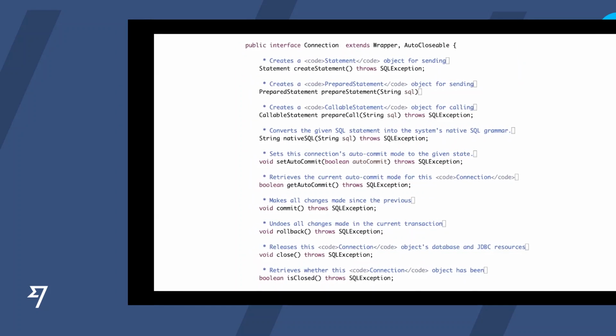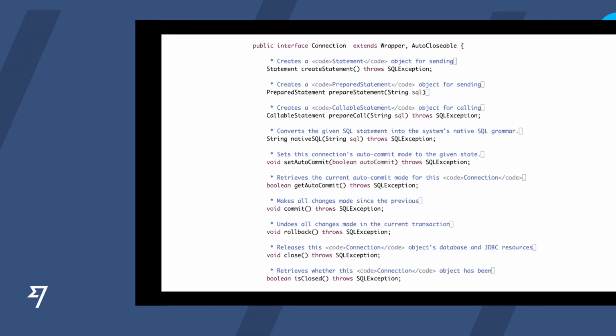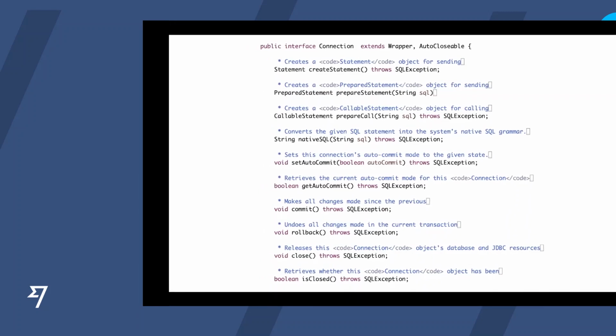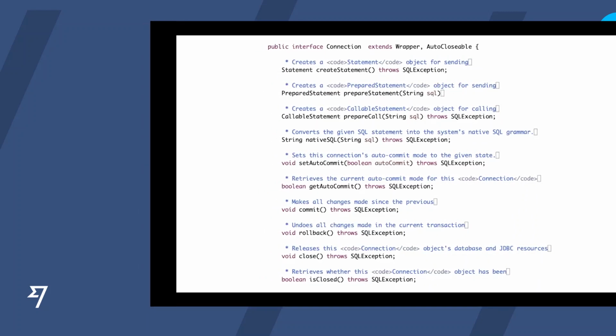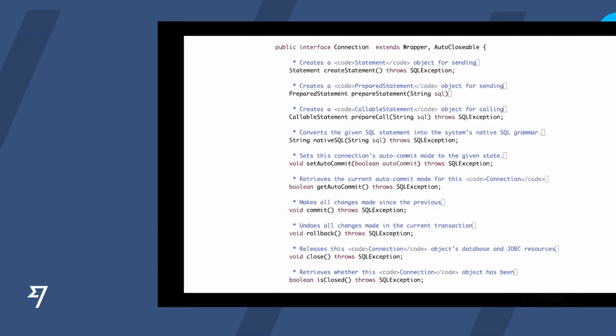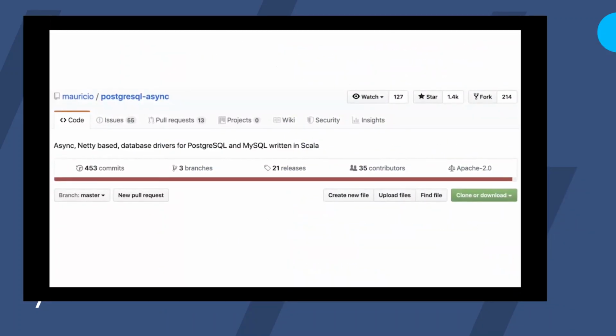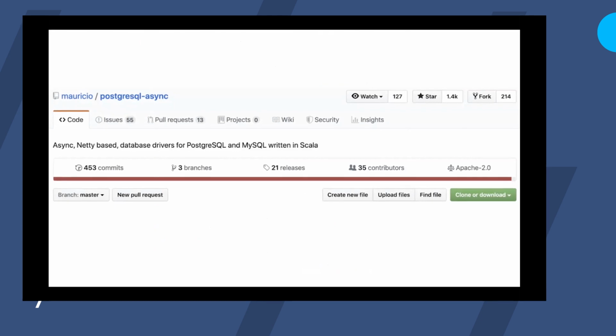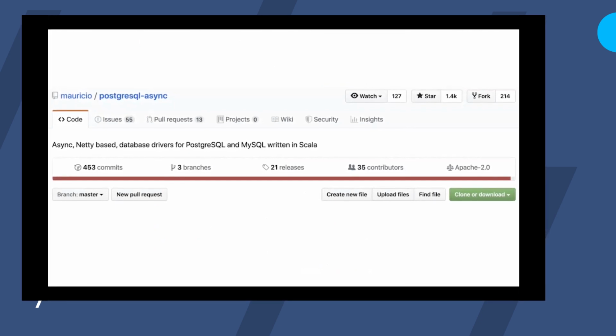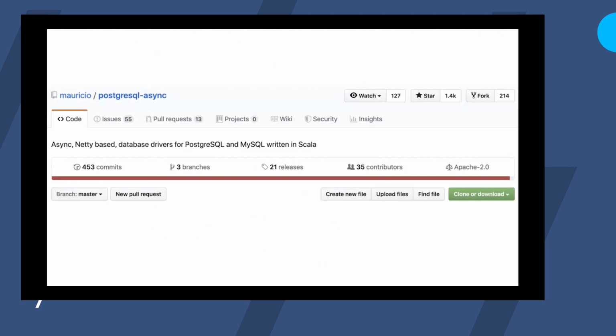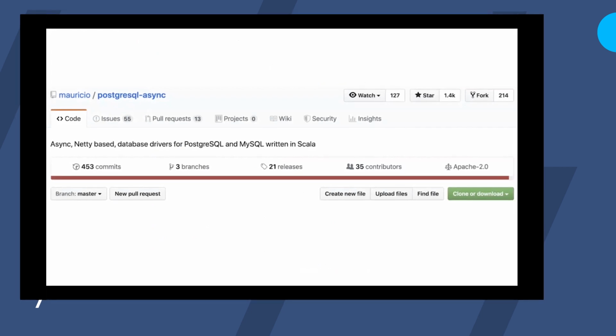However, some specific clients need more performance, or they need to make sure that their threads won't block when they're executing their SQL code. So we rely on Postgres Async. I think it started as Postgres Async, but it actually has both drivers, an asynchronous driver from Postgres and one for MySQL. Wonderful, works very well. We used that for ages.